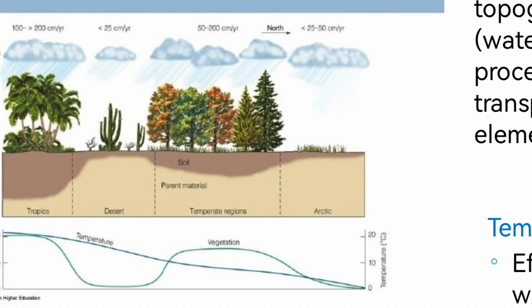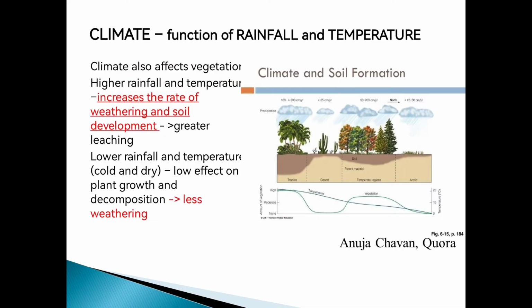So this is the effect of climate on the development of the plants, as well as meron din siyang effect ngayon sa development ng lupa kasi different vegetation can affect the development of the soil that will develop in your area. So later on, titingnan natin yan. Nasabi ko nga ang climate is a function of rainfall and temperature, both rainfall and temperature. Because climate affects vegetation, so ito yung kanyang effect.